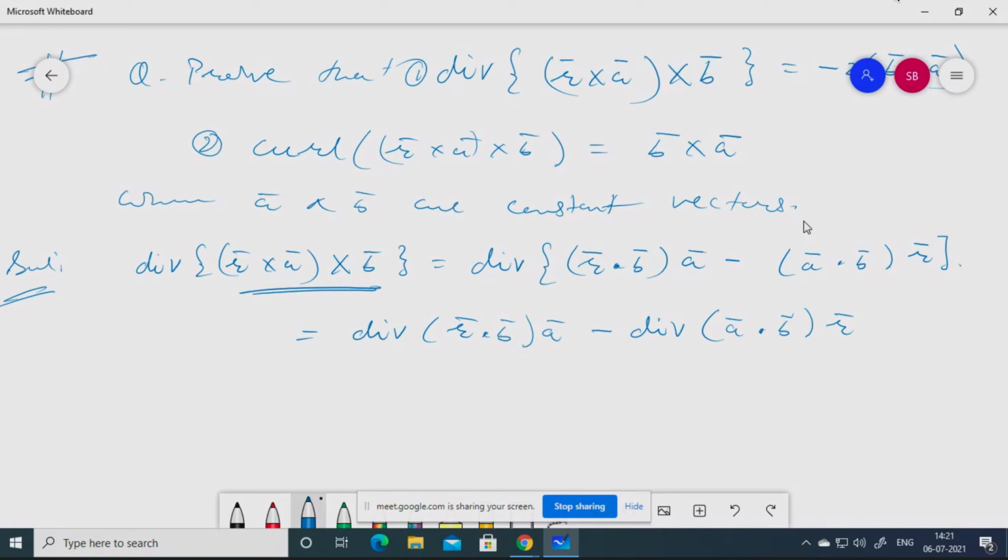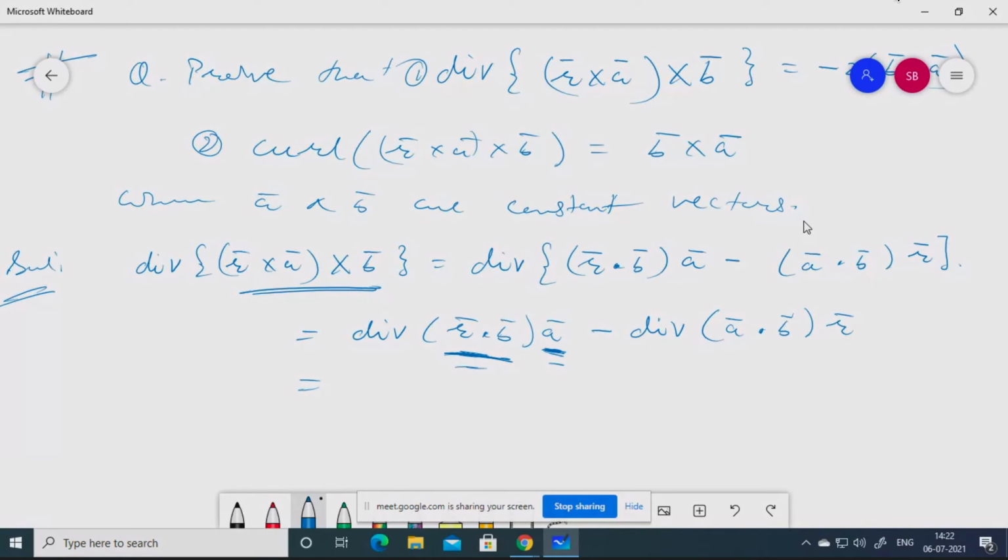Okay. Now tell me, you rewrite it properly. Divergence means del dot. This is an operator which you need to apply. But where you will apply, on this function or on this function? When I say this, I am underlining these terms. Tell me, on which one you will apply? What do you say, divergence of a vector or divergence of a scalar? What is the statement you have learned? Divergence of, you calculate divergence of a vector or a scalar?